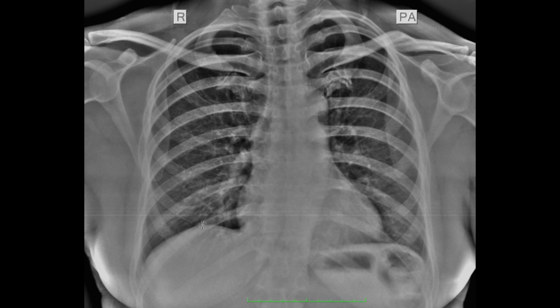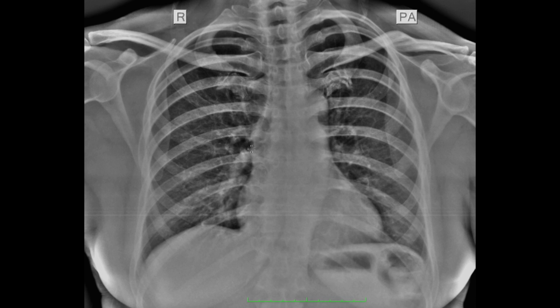Then look at the margins. The diaphragmatic outline should be very sharply defined. If there is any haziness or blurring or silhouetting of the cardiac dome of the diaphragm, then that will point to certain pathologies in the lower lobes of the lung. Then coming still outwards, these are the costophrenic angles, which should be sharp acute angles, and they can be blunted in cases of pleural effusions or thickening or other pleural pathologies.